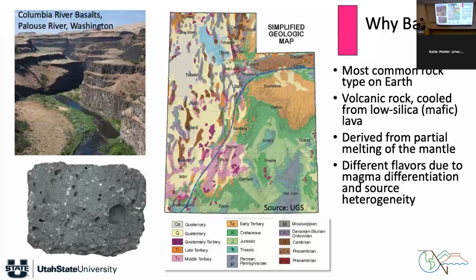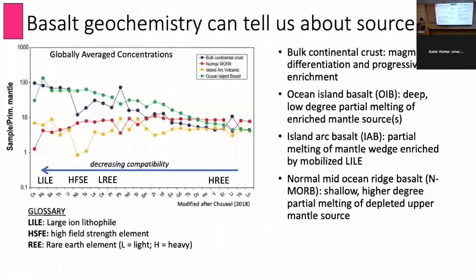And one of the key data sets that we can use are trace elements. And I like trace elements because they're a lot easier to obtain than isotopes, radiogenic isotopes. And one of the major clues that trace elements can give us is kind of a fingerprint of source. And this relies on the fact that trace elements vary in whether they're compatible, or easily integrated into a crystal lattice, or incompatible, meaning it's more difficult to kind of shove them in and get them to fit together in